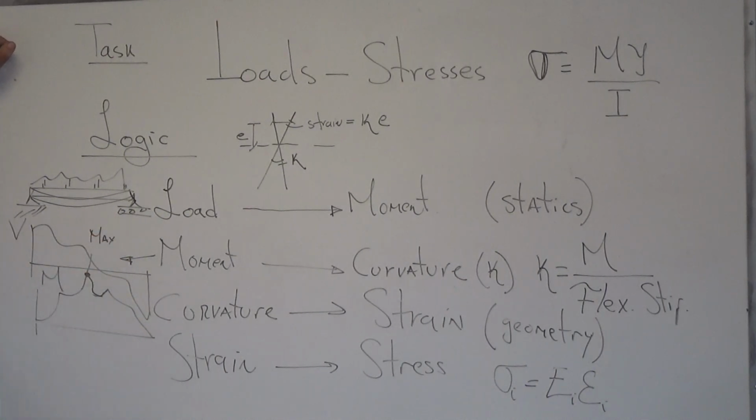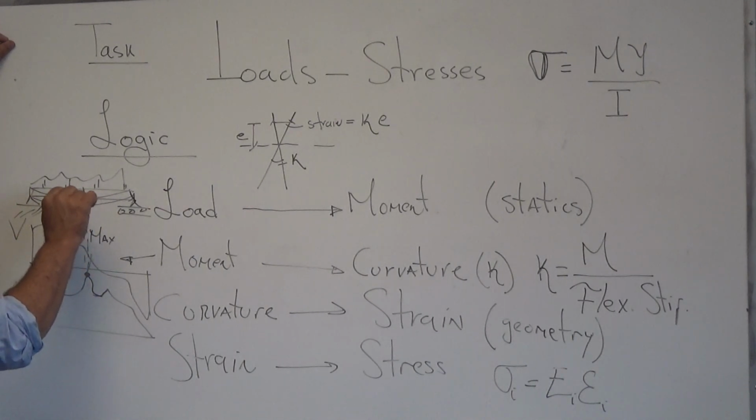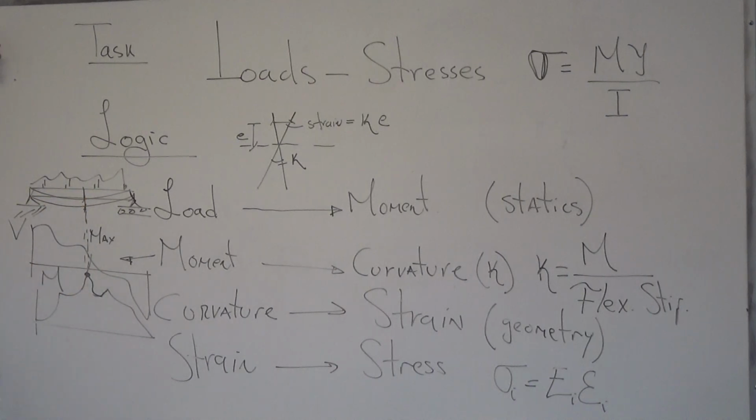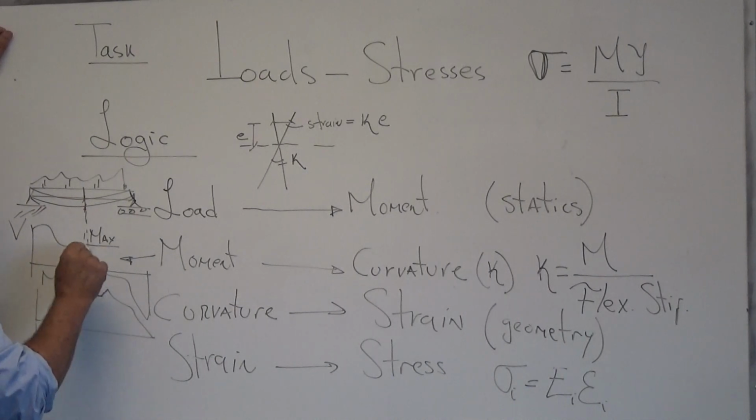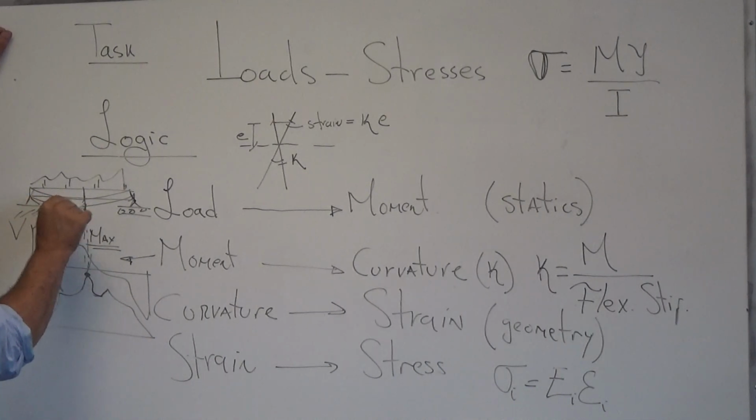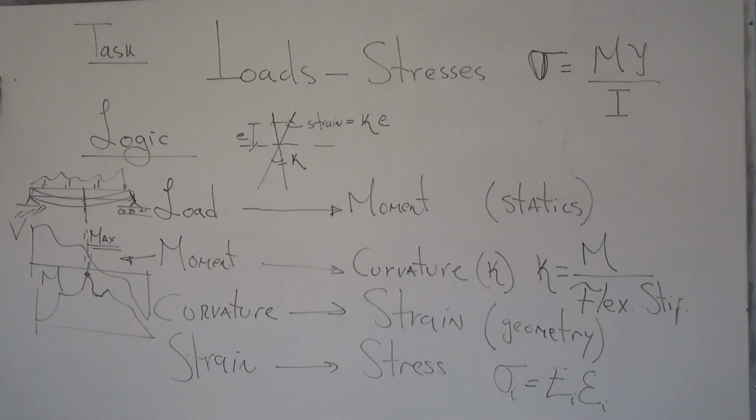So this is the maximum moment. Therefore the maximum stresses on my beam will take place at that cross section where the moment is maximum, right? And my task is to focus on this point to see how this moment produces stresses inside that cross section,